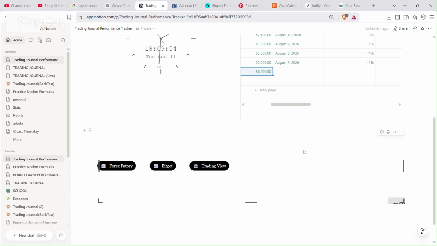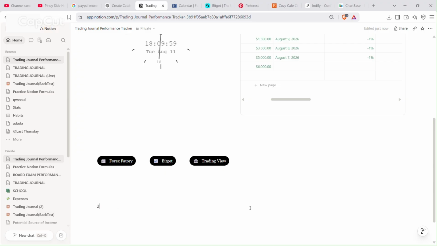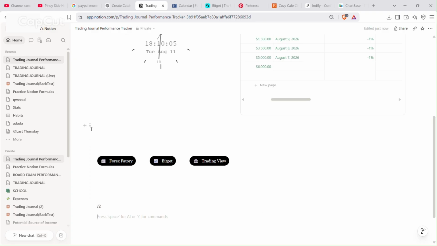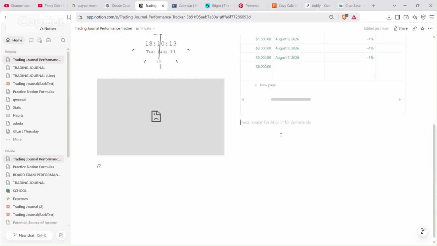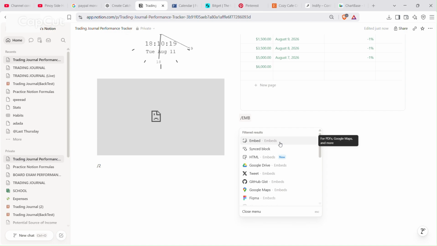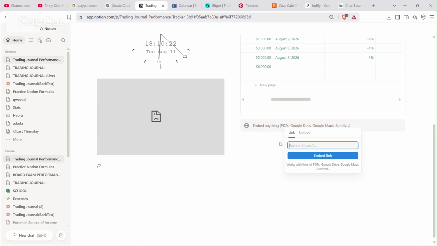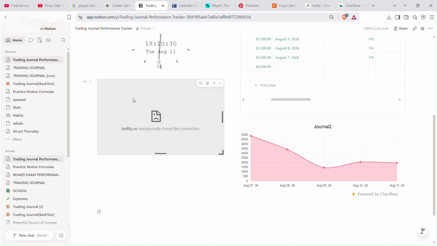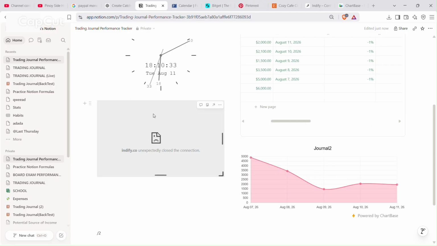We'll get back to Notion and then let us create two columns here. I can move this one to here and then I will add an embed link here.